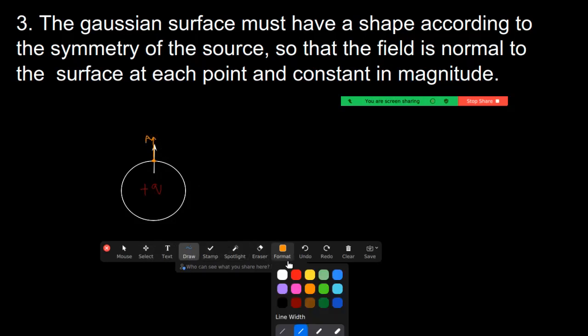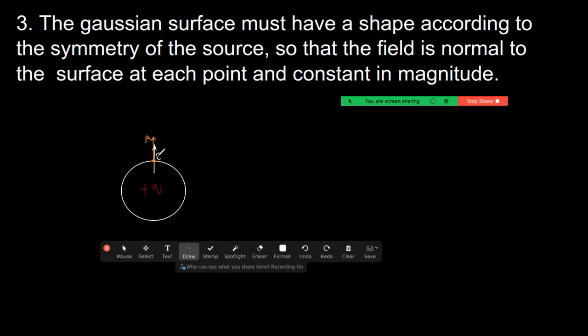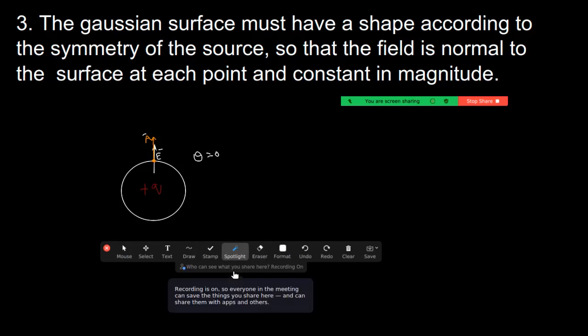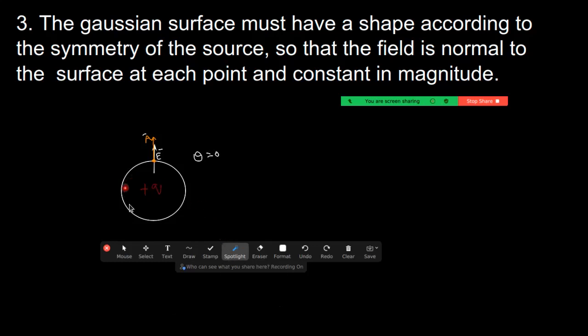This white color is electric field lines. So my area vector and my field lines are in the same direction, such that the theta between them is equal to 0. So we have to choose this, because when theta is equal to 0, one can easily find the flux. That's what I mean to say. One has to choose a Gaussian surface which follows the symmetry of the source. For example, here I have taken a single charge in space, which means the whole of the field should be passing through in the space, and when you enclose it with the help of a sphere, all the field lines will pass